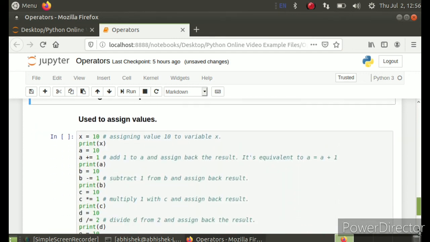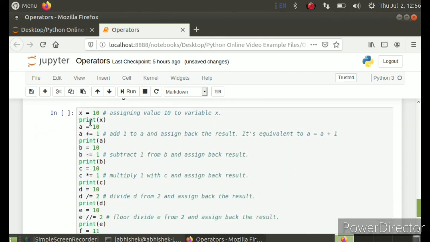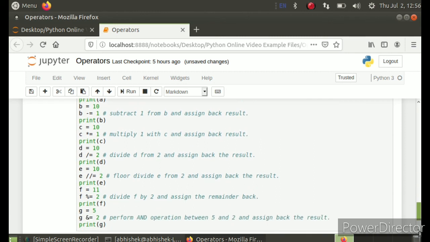Moving on to our last operator, that is the assignment operator. It is used to assign values. It is very simple. X equal to 10, print x, means 10 has been assigned to variable x. A plus equal to 1 means you are doing a equal to a plus 1 and then assigning it back to a. It means your original variable value will be changed.